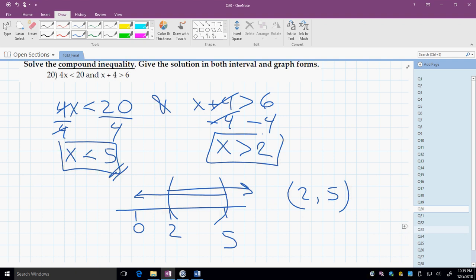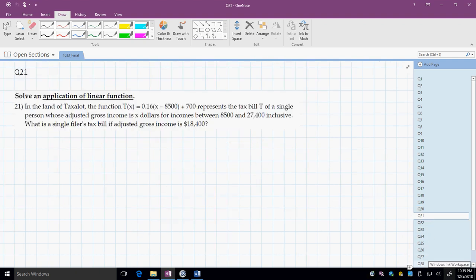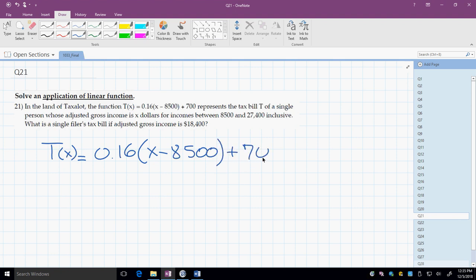Question 21. In the line of tax, the function 0.16 times x minus 8500 plus 700 represents the tax bill T of a single person whose adjusted gross income is X dollars for incomes between